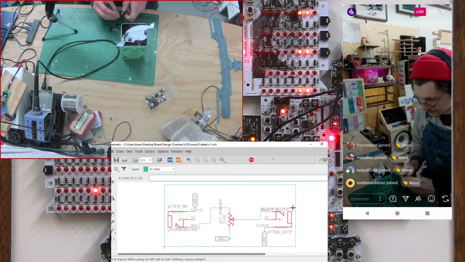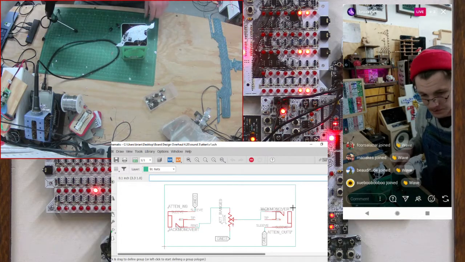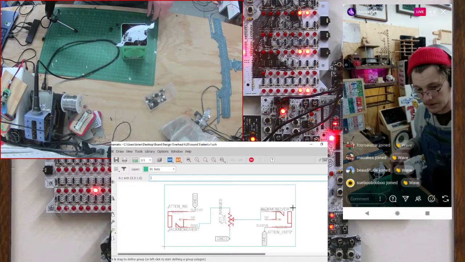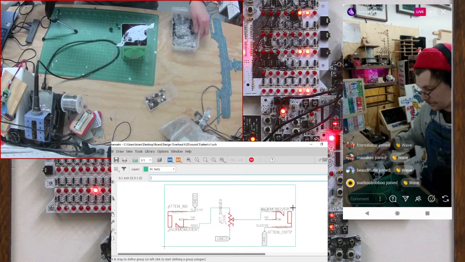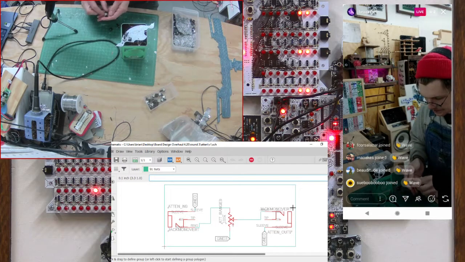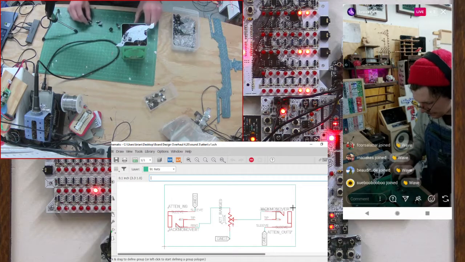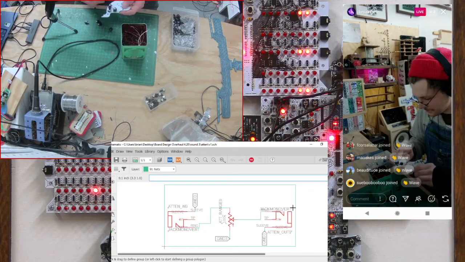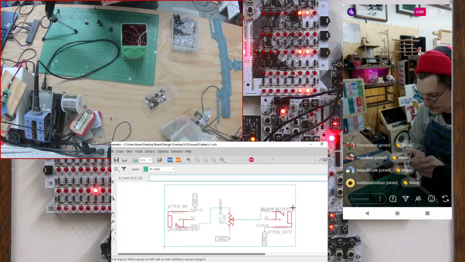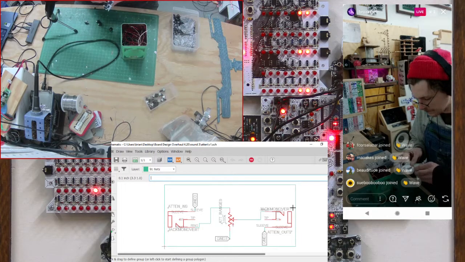And there are more advanced ones that take power and have integrated circuits and all sorts of fancy bells and whistles. I've seen ones that also work with function generators and have all sorts of cool algorithms built in. But this one doesn't do any of that. This one is really just a super, super simple module, really just meant to limit and control the amount of voltage going in and out